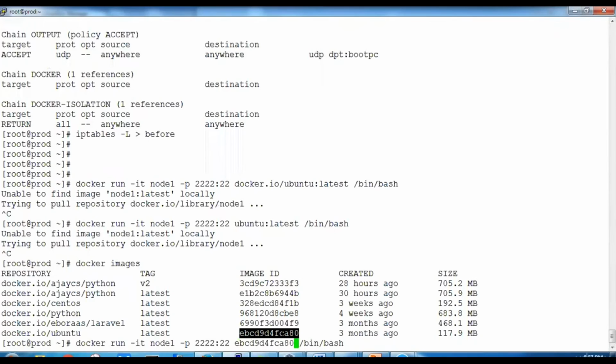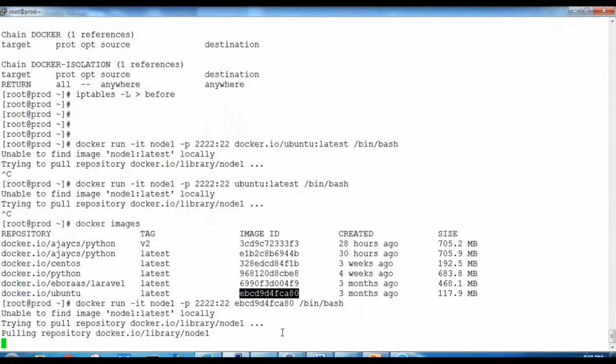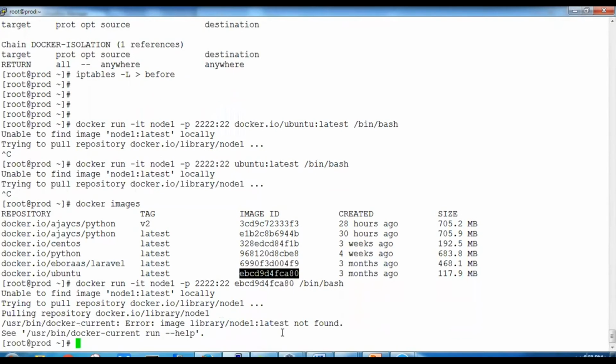So let's try this one. So it seems this image may be not present here. So what it says, error image node1. So it's not a problem of the image. So we'll keep that line like this.